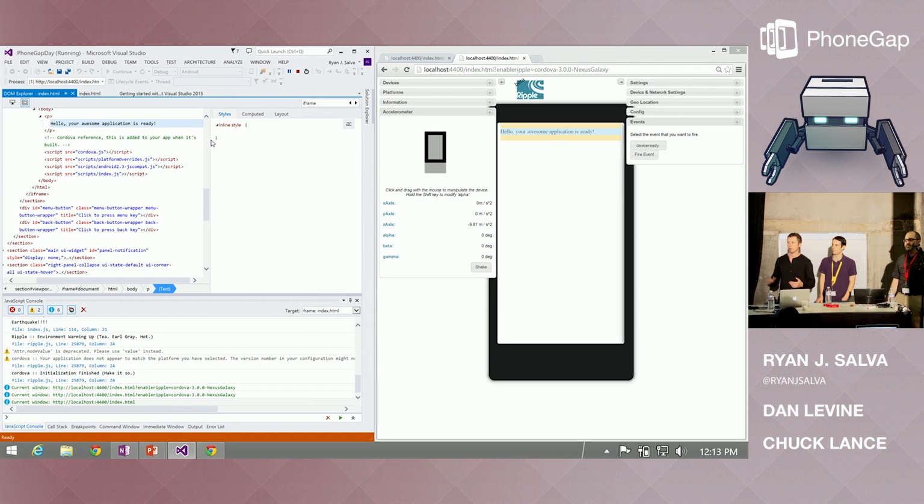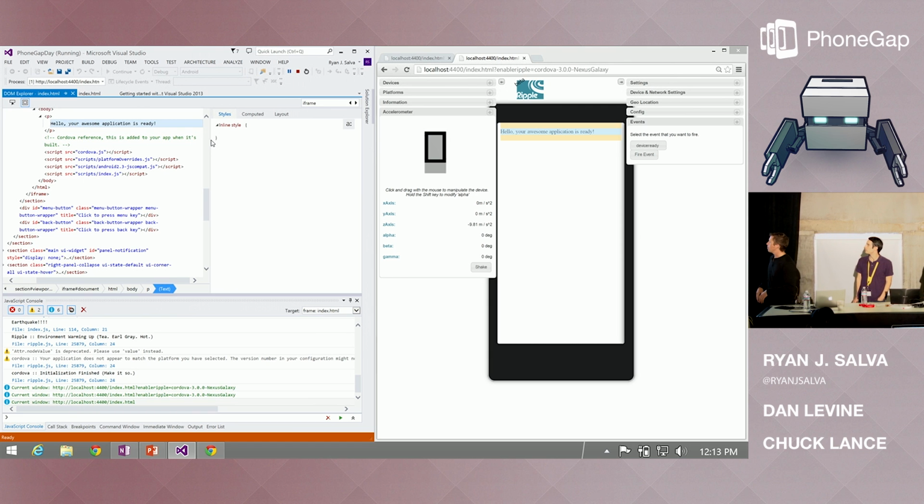Yeah, Ripple. Okay, let's talk about Ripple for those who need a little bit of level setting. So Ripple is a project that's been around for, I don't know how many years now. A while now. A long time, yeah. So several years, 3-4 years. As a project, there's been fewer contributions over the last year or so, as it matured and there became the vision for the Cordova browser platform to live alongside it.